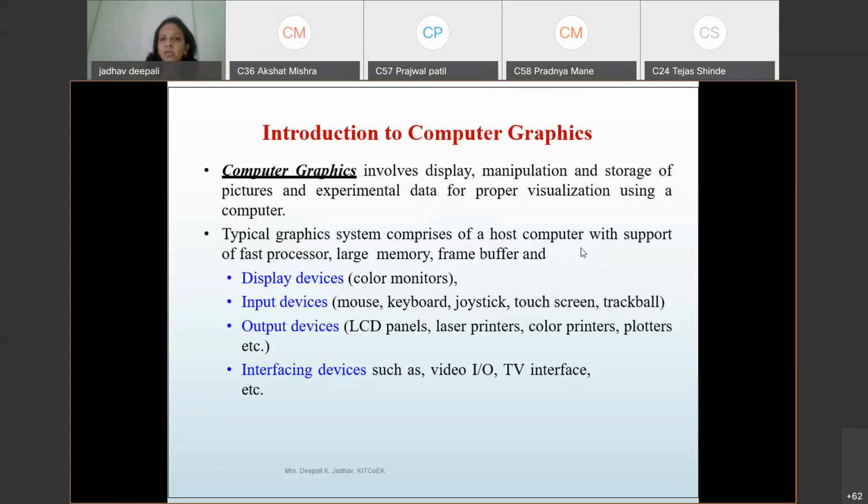So it comprises a host computer, meaning your CPU. In a laptop there is a CPU. In your PC there is a CPU. The smart TVs attached in our colleges also include CPUs. So the host computer supports a fast processor, larger memory, and frame buffer. Along with this computer, it requires display devices, meaning color monitors, and input devices such as mouse, keyboard, joysticks,